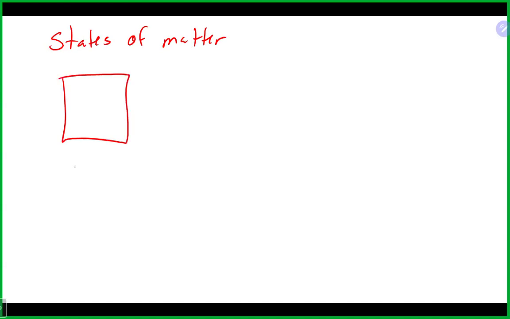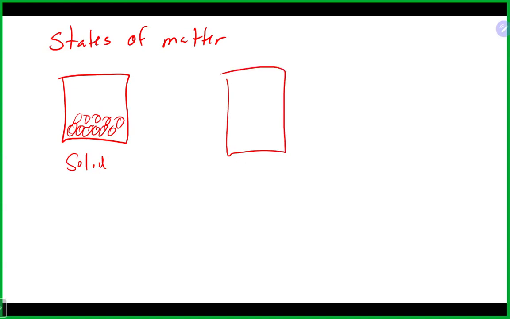Once again, we have our solid state of matter, where for most substances the particles are packed in pretty tight to one another. They don't have a lot of room for movement. They also don't have a lot of energy, which is why they kind of lock into one another. We then have our liquid,